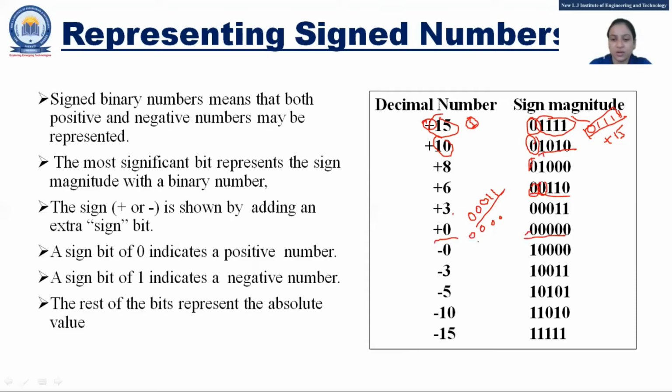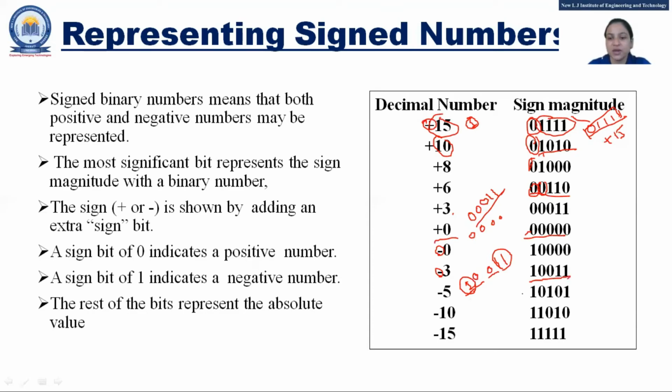Now what if we want to represent a negative sign? Now see here, negative 3. 3 is represented as 1 1. We want a 5-bit representation, right? 2 bits are filled, and the MSB is for the sign bit. So to represent negative, I have to put 1 here, and the extra places will be filled with zeros. So 1 0 0 1 1 represents minus 3.